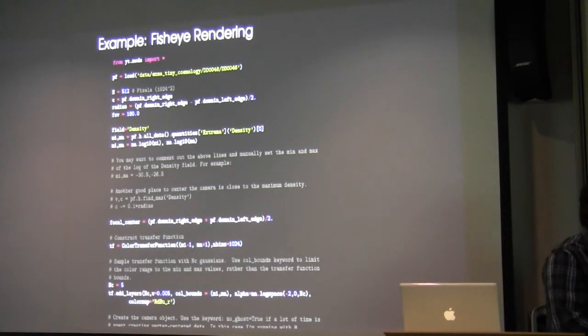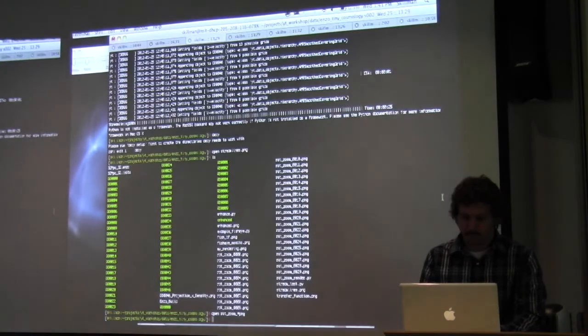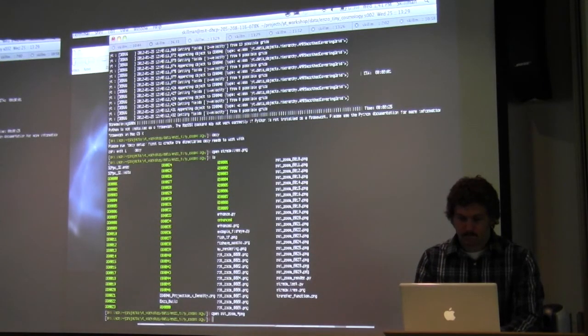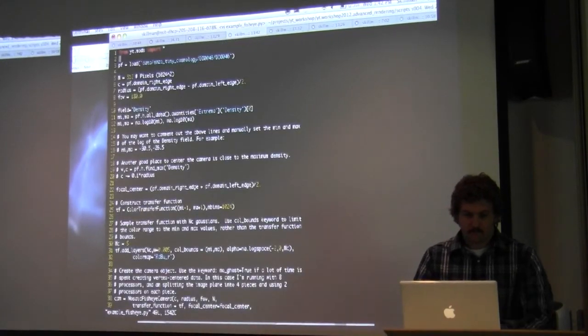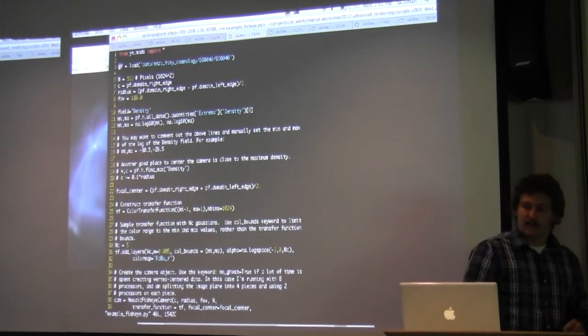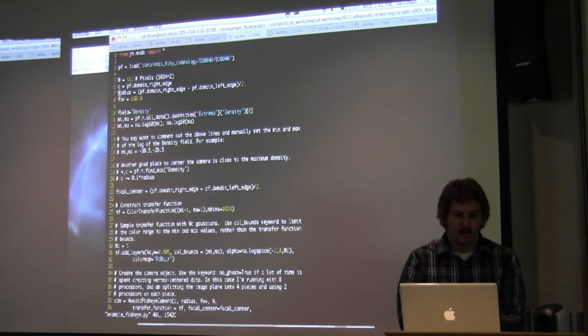So I want you to open up example_fisheye.py out of that scripts directory, and I'm going to run you through what it's doing in there. Okay, so this is going to load up this DD46 from Enzo Tiny Cosmology just because the fisheye is a little bit slower of an operation because the vectors that you're integrating aren't parallel to each other, so there's some nasty math. We're going to make this a 512 pixel image,